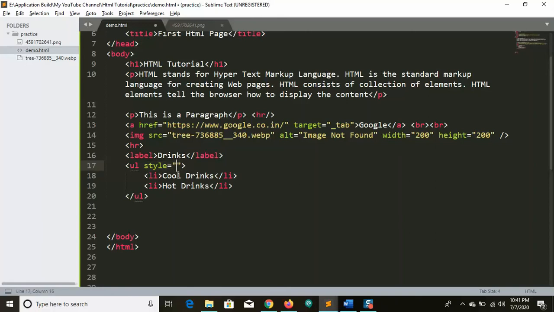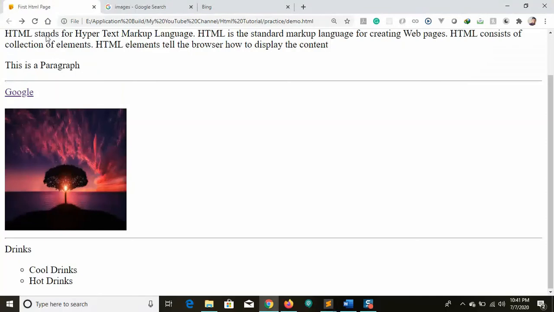For example, if I give color equal to blue, save and run, the entire UL will get the color change. This is styling of the application. It comes under CSS, cascading style sheets. We'll discuss this later. Currently we need some other type, so we'll see that part.